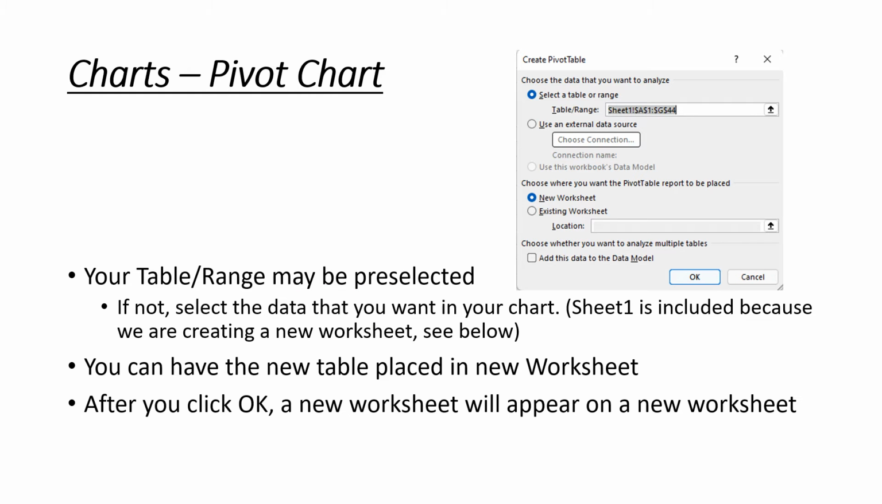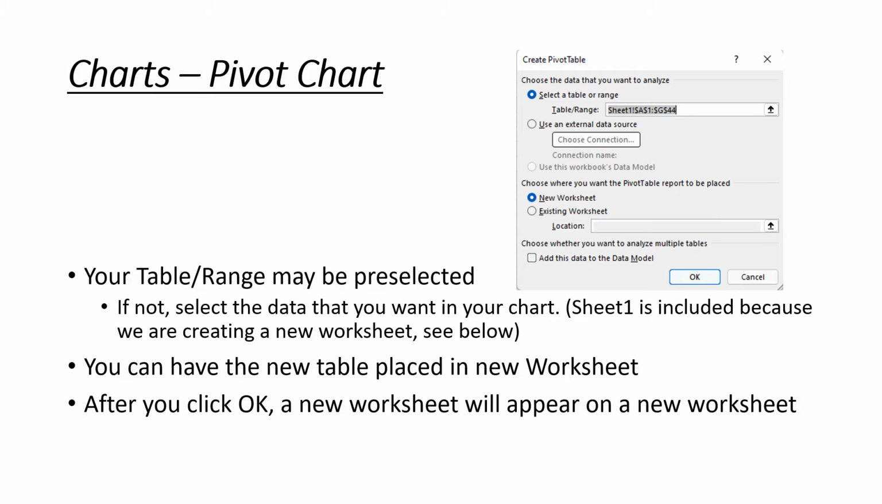In the pop-up window, you will notice that your table/range is most likely pre-selected. This is an assumption made by Excel based on where your cursor was located when you created this. Also notice that in the table range it refers to sheet 1. Well, this is the sheet that we're currently working in, but if you look down a few rows, you will